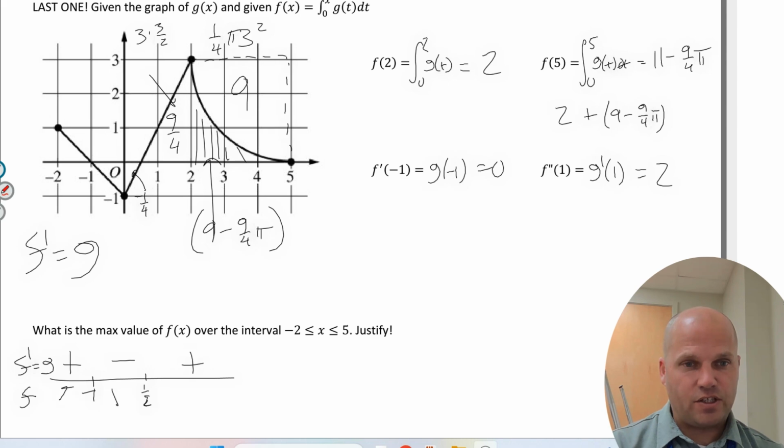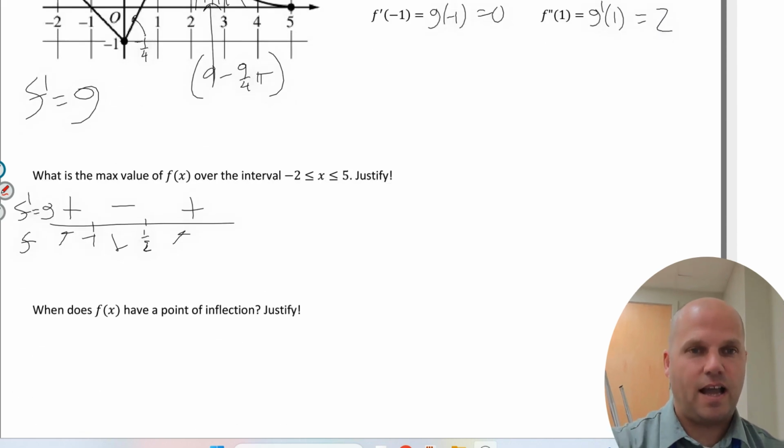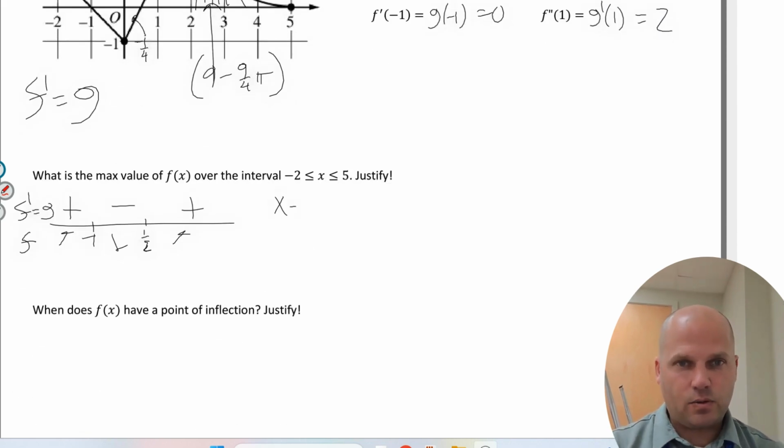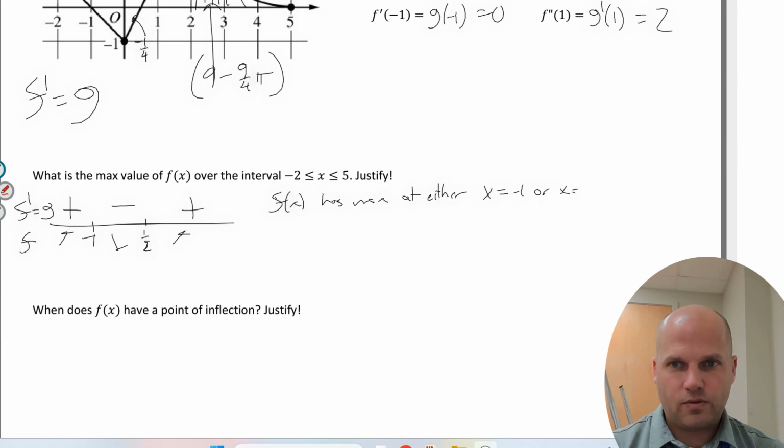So f is going to increase, decrease, increase, which means I have x equals -1 or x equals 5 are the possible maxes. So f has a max at either x equals -1 or x equals 5,